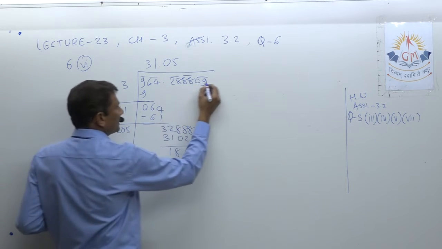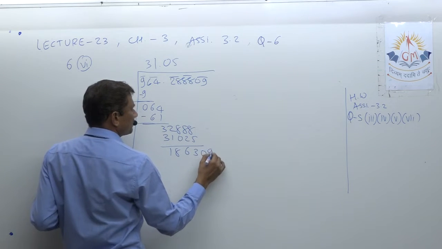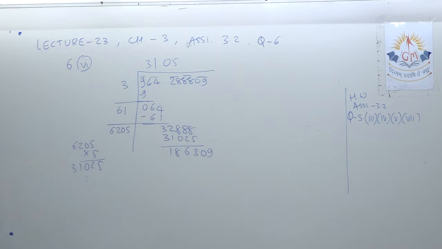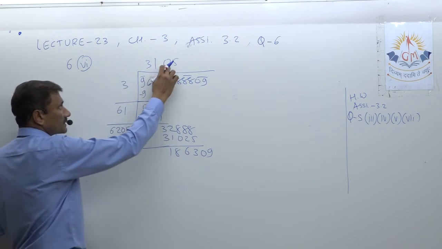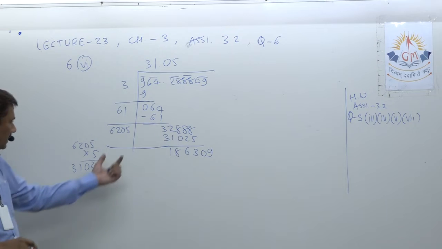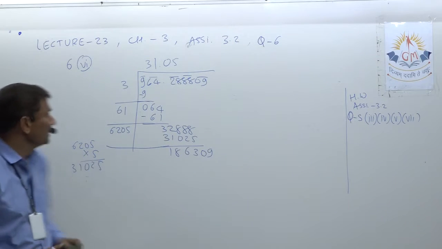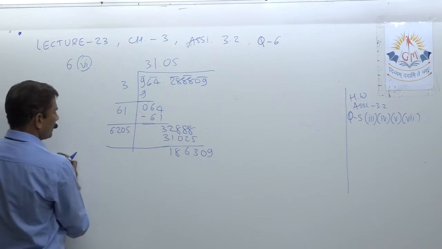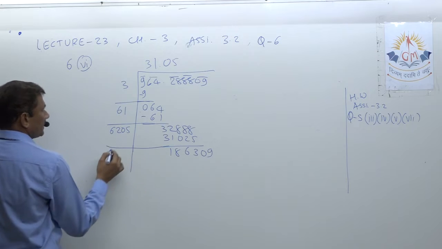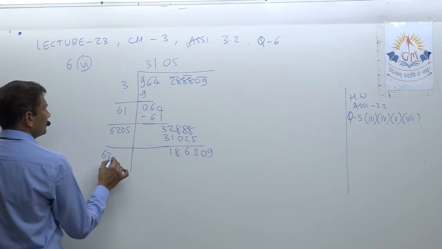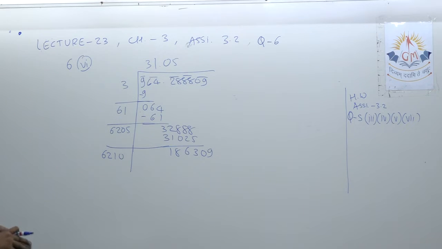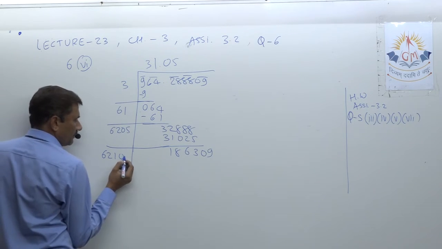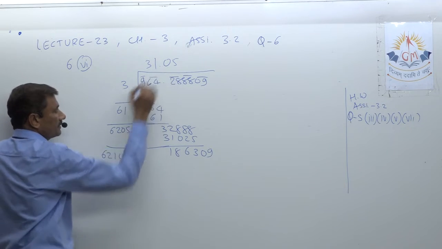Now it is the turn of the last pair. But before starting, just look at what is there. Double it and copy it here. So there is 3105. Now don't consider the point. So it will be 6210. Now if you want to place 1 here, then 1, 2, then 2.